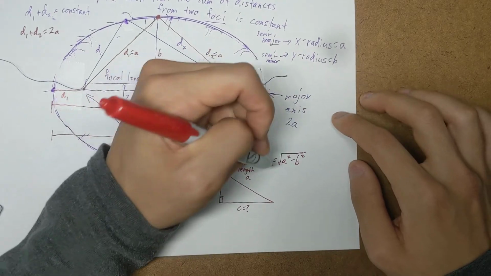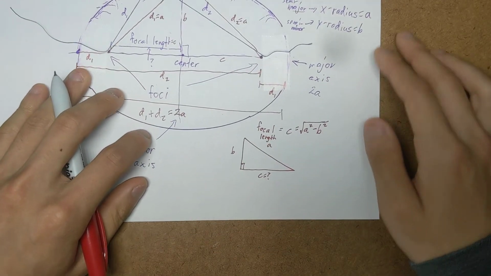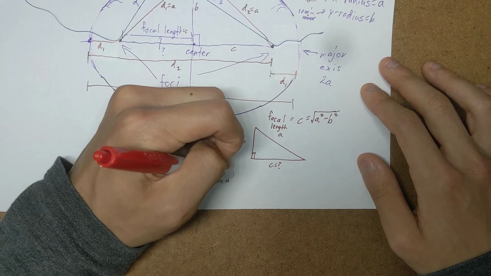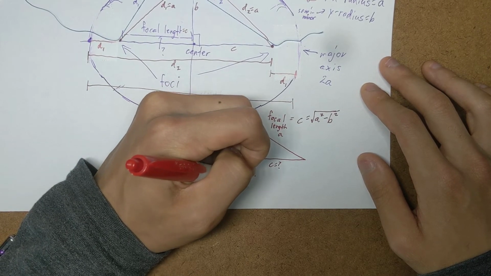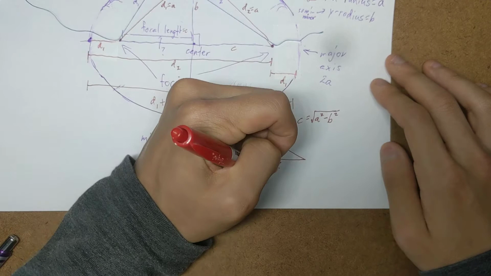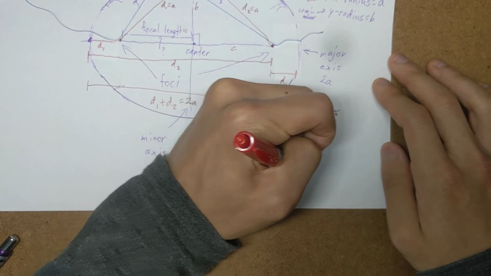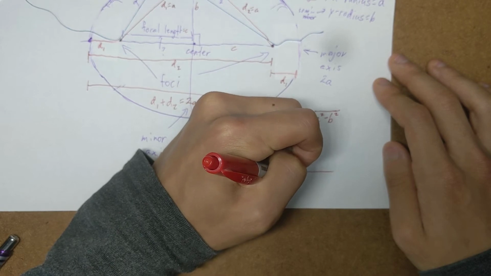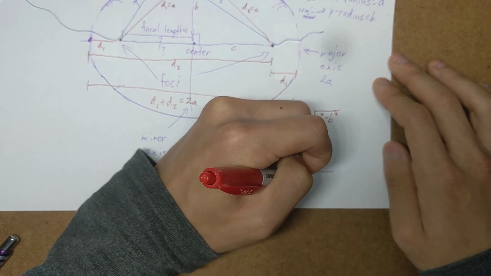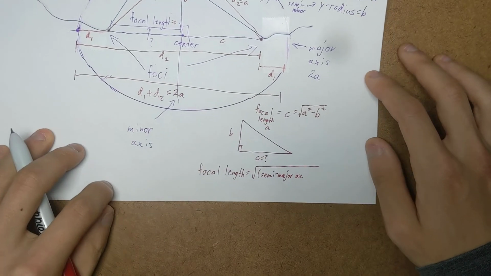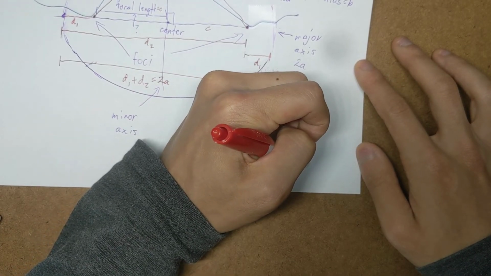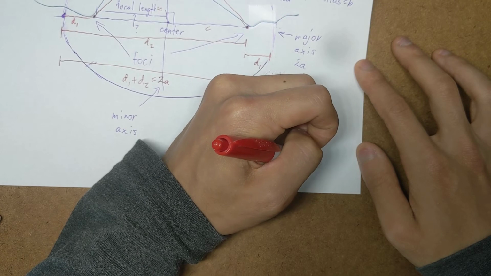So another way to write this is that the focal length is equal to the square root of the semi-major axis squared minus the semi-minor